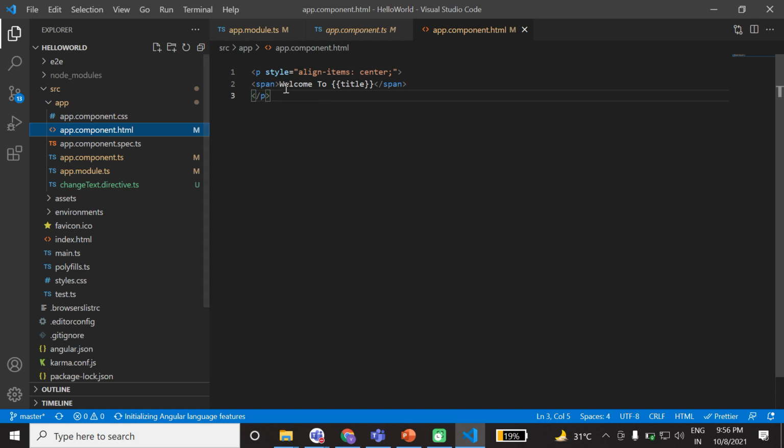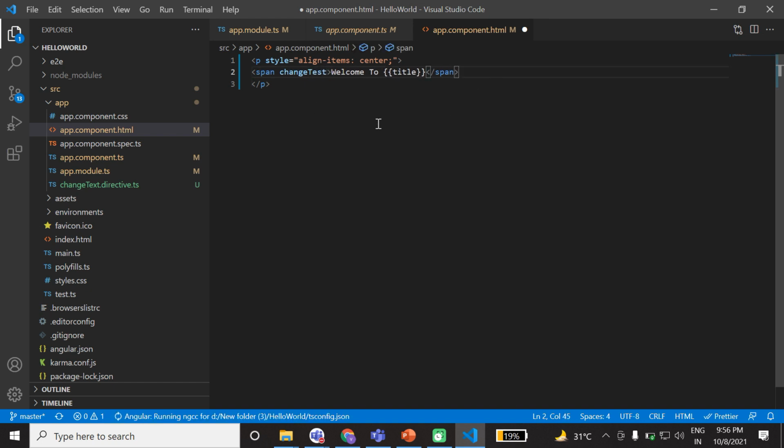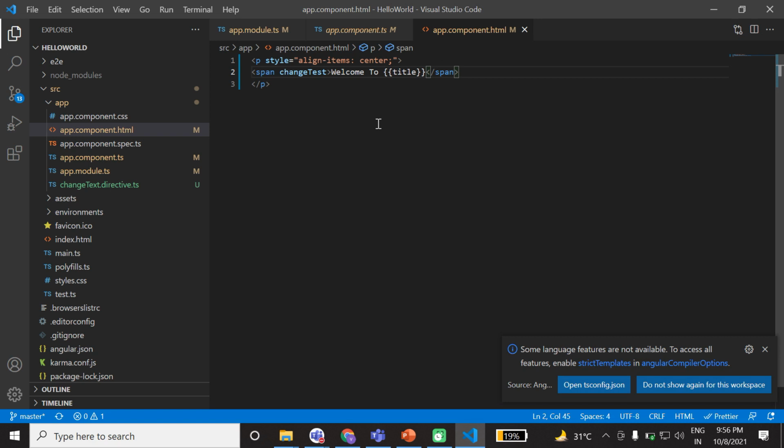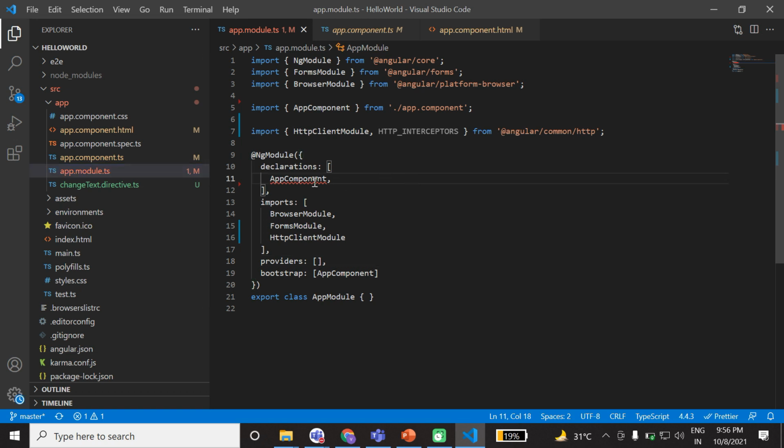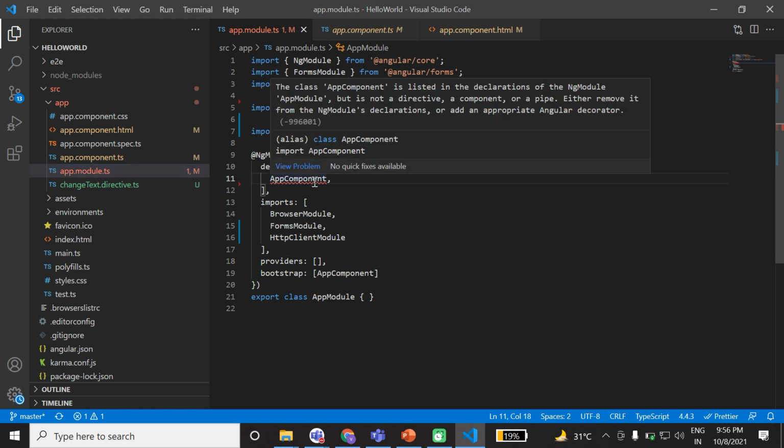So go inside the app component, right here, change text. I'm doing an example of the attribute directive. It is again showing that the class is listed in the declaration of the app module, but it is not a directive, component, or pipe.